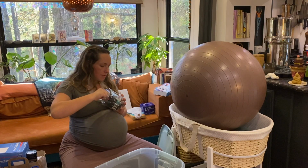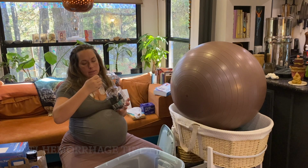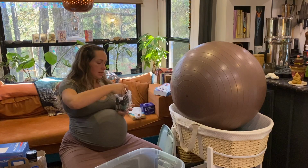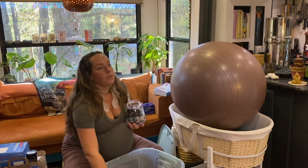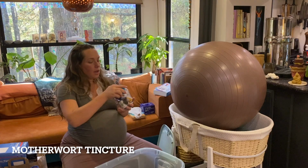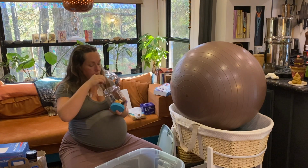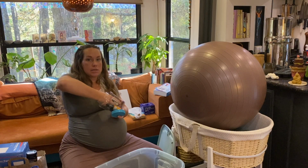And then I also have an anti-hemorrhage tincture that has blue cohosh, yarrow, alfalfa, and motherwort. And in that line of anti-hemorrhage tinctures, I also have a straight-up motherwort tincture that I bought in case hemorrhaging happens. Another thing that you can do, if you're raw enough of a person to do this, is